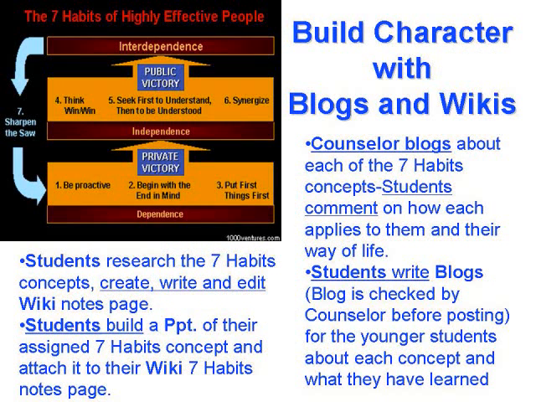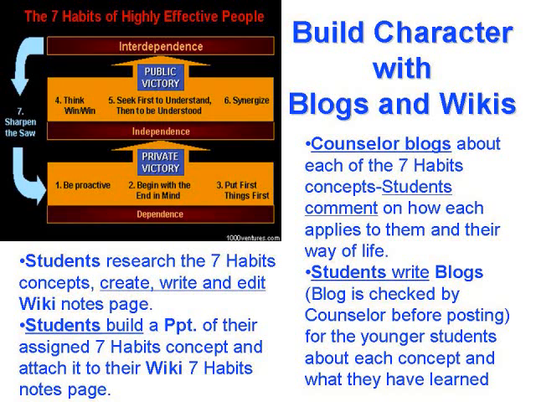In the guidance office, we often help students build character. Using blogs and wikis, we can help students build character even if they don't have time to be in our office. A counselor can blog about each of the 7 Habits concepts. Students can comment on each of those concept blogs on how they apply to them and to their way of life. Students can research the 7 Habits concepts, create, write, and edit wiki notes pages,